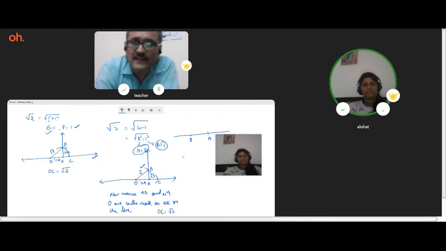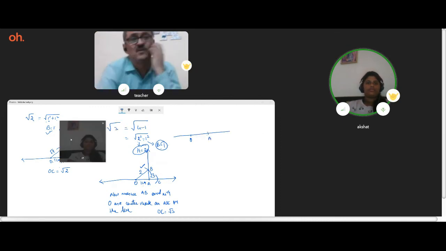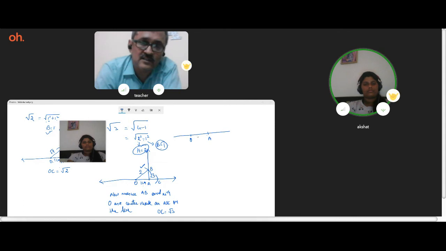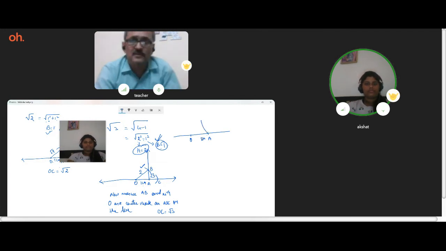You have marked 2 centimeter, right? You put the needle of the compass at point A, right? Yes sir. That's why it is wrong. Why do you have a confusion, beta? See over here. This is 1 centimeter I have drawn, right? Yes sir, 1, because this base is 1. So that's why I have marked OA as 1 centimeter. Okay? Now, just a minute. Let me erase. Looking very dirty.